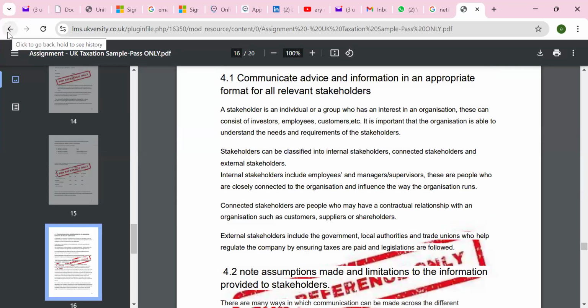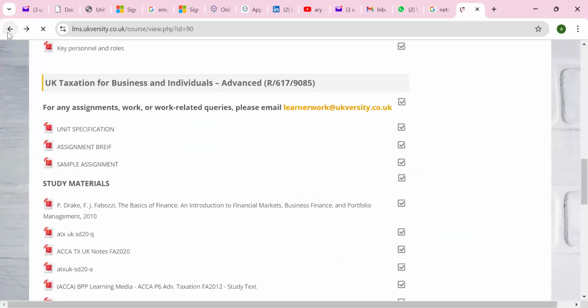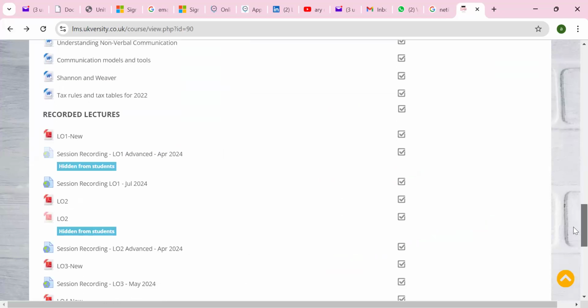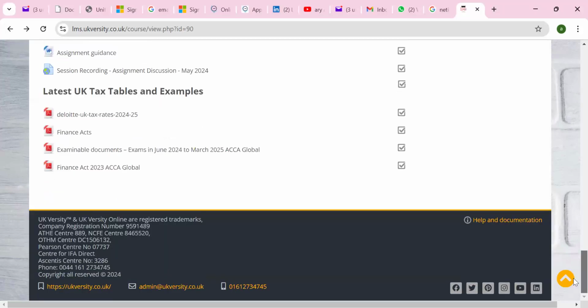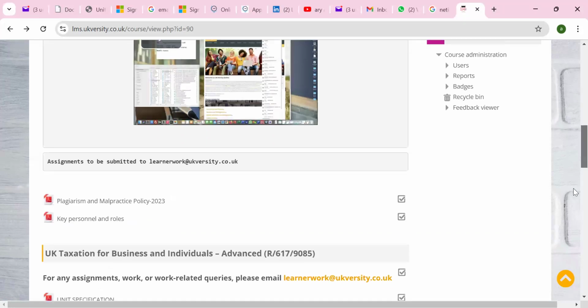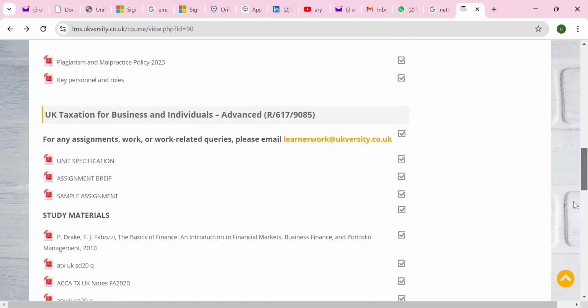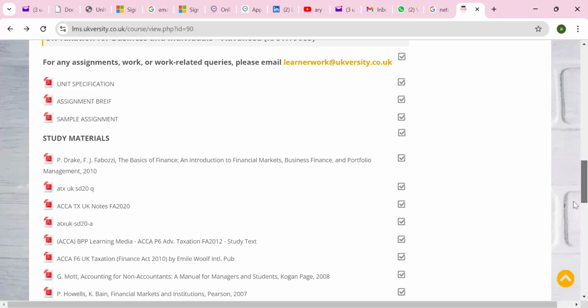Please look at this sample, and in the next lesson we'll go through and do the assignment discussion. We have plenty of examples to view, resources, recordings, tables, finance sector and various other organisation examples there as well. After submitting all the assignments, how long does it take and what happens afterwards?